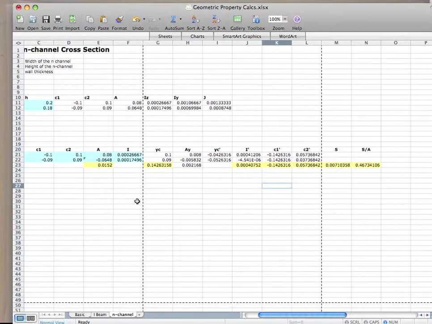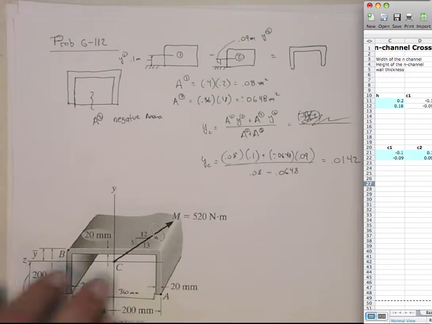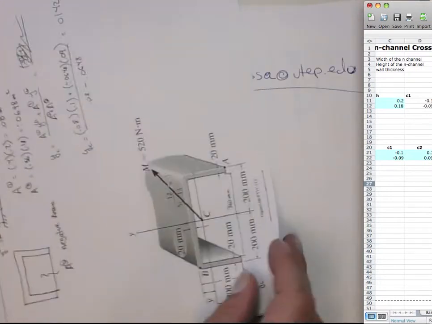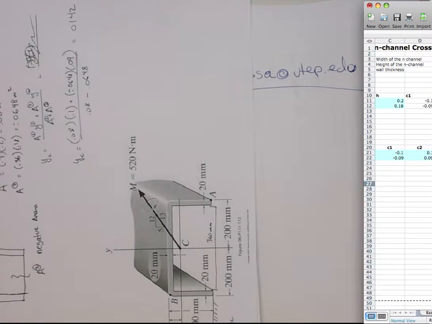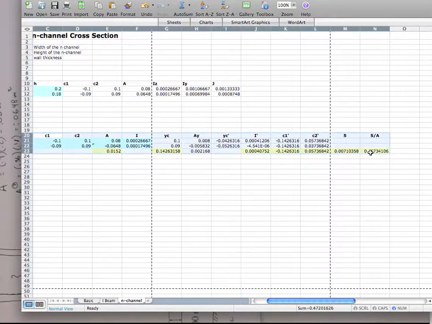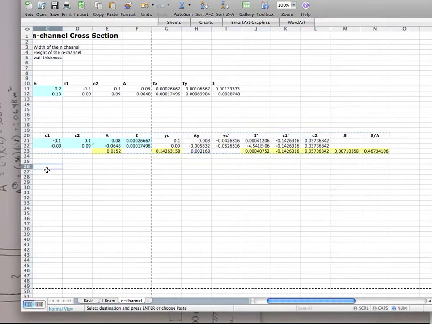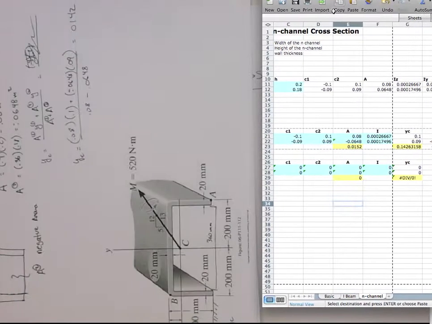Now, if you wanted to do it for the C channel on its side, it would work the same way. You just have to look at this, but put in the parameters of the rotated section, right? So we would draw this picture, and we could do that again. So actually, if you really wanted to do that, we could probably do that real quick. Let's just cut and paste this. All right. So this will be around its side. So we're going to do this picture. So in fact, the difference here is,